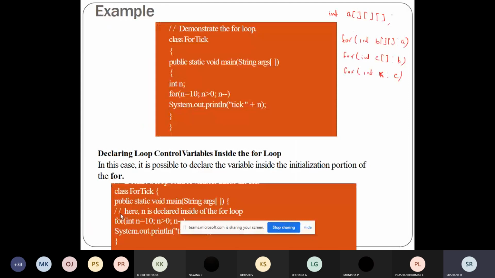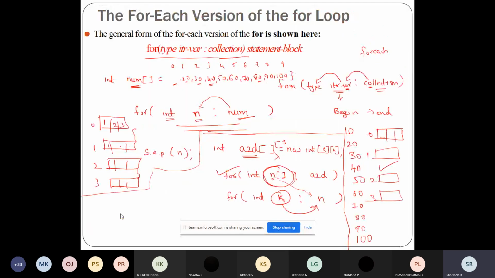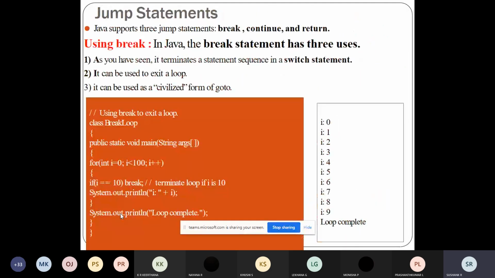When you are using break inside the switch, it will come out of the switch. If you are using it inside the for loop, for I is equal to 0, I less than 5, I plus plus, and I write some break statement here, once the control reaches this break statement, it will come out of this for loop. Usually this break statement will be written in a for loop, like for I is equal to 0, I less than 10, I plus plus.